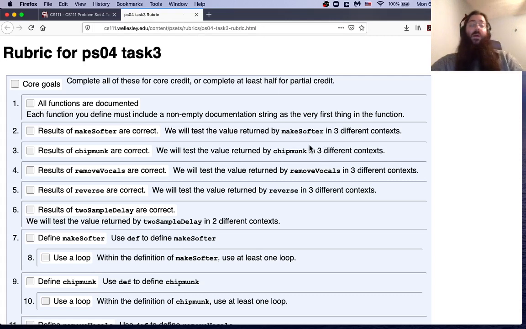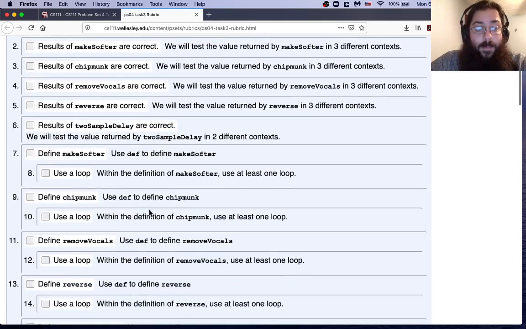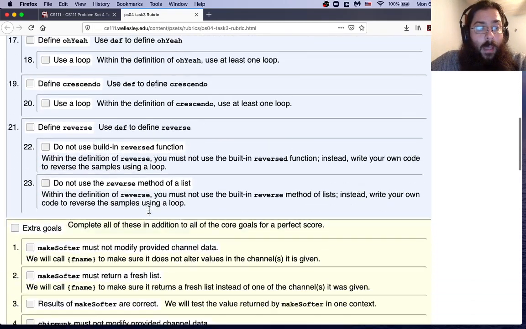So, it's back. All functions better be documented. The goal that we keep throwing at you every time. Goal number 2, so results of make softer are correct, right? And then we see a bunch of goals. So make softer, chipmunk, remove vocals, reverse, 2 sample delay. All of these different functions have to have correct results. And